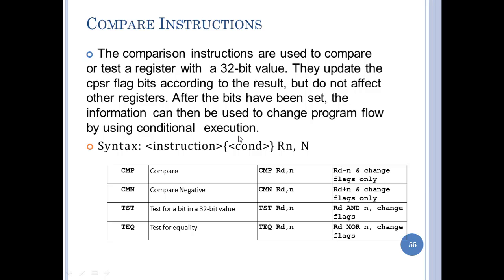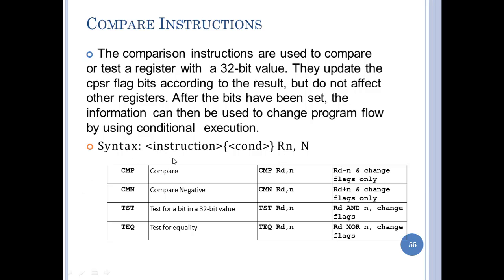For example, if the two numbers you are comparing are equal, your Z flag is set to 1. If the Z flag is 1, do this operation, any important operation. Based on the condition, you can write branching, looping or a subroutine, and based on the update of the status flag you can jump to the subroutine. You can change the program flow itself.